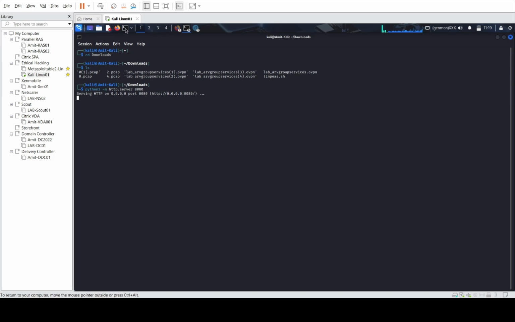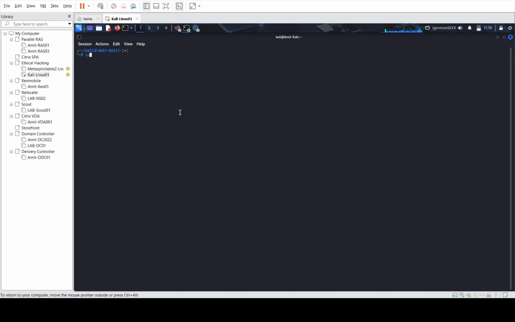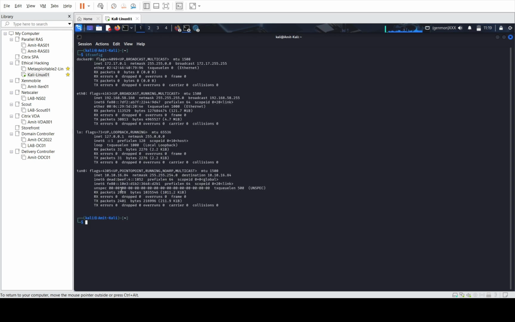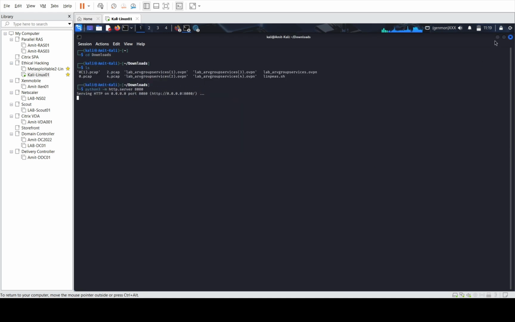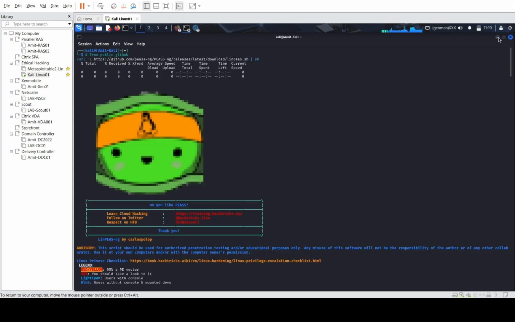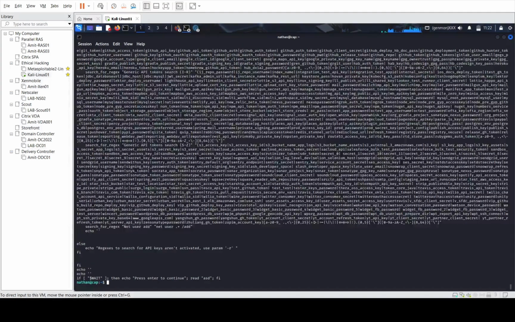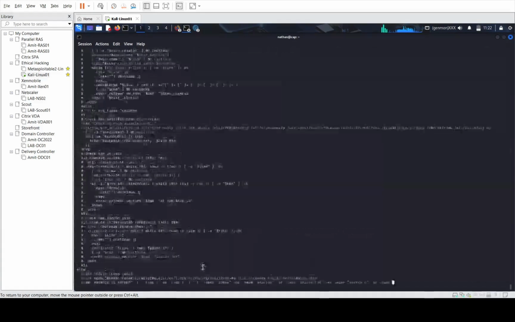We can check that. So I will open another command prompt. I have to check my IP, and we can see we have an IP. This one. This is my VPN IP. So what I will do is go back to the other machine. So now we could reach the file by doing this, and we can see we can read this file, but